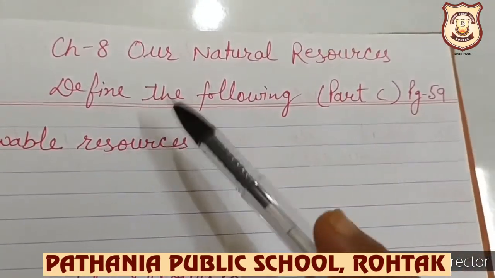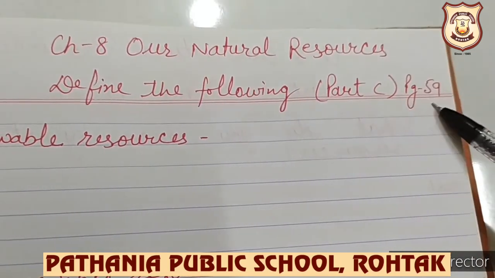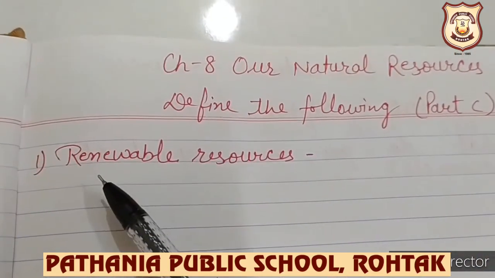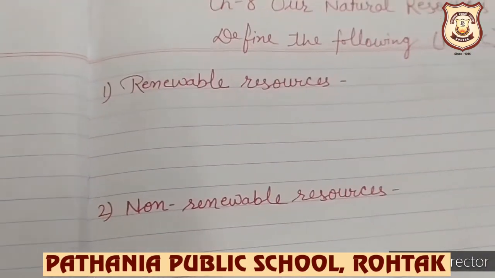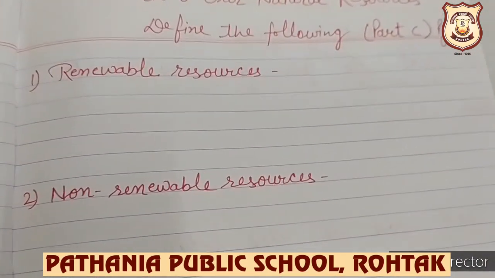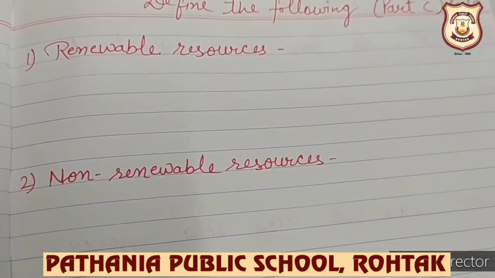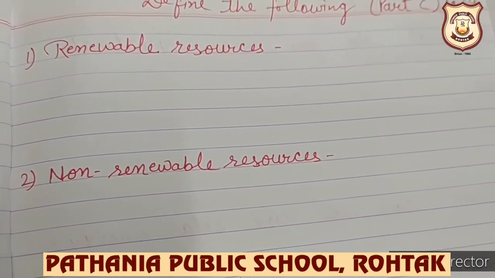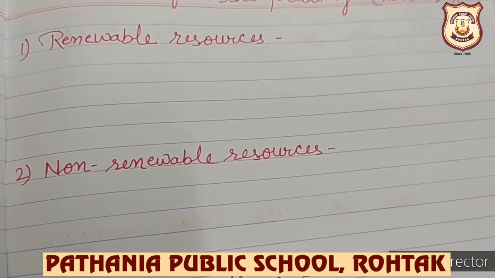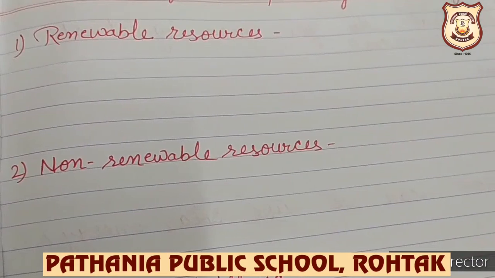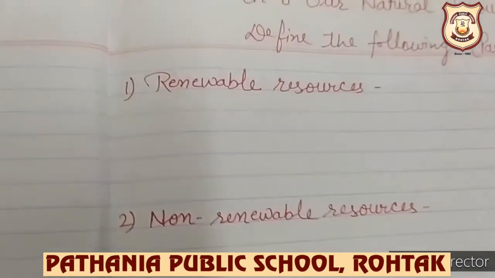So children, at first we will do define the following, part C, page 59. Okay, and this renewable resources. At first we have to write what are renewable resources. As you know, these are also known as non-exhaustible resources, as they do not replace as well as exhaust. Means examples are sunlight, air, animals, soil, water. These are renewable resources. So let us start writing